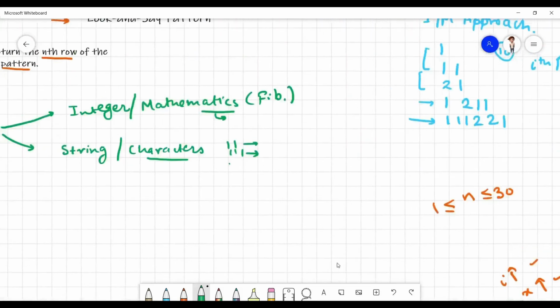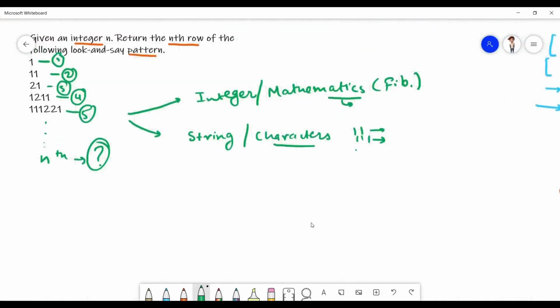Now coming to the string approach. We had two approaches, as we read earlier: the integer approach and the string approach. We have left the integer approach in between. Now we will come to the string approach. So what does the string approach say?